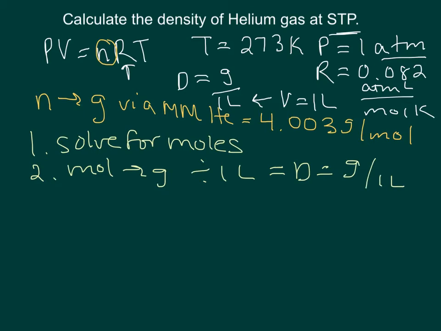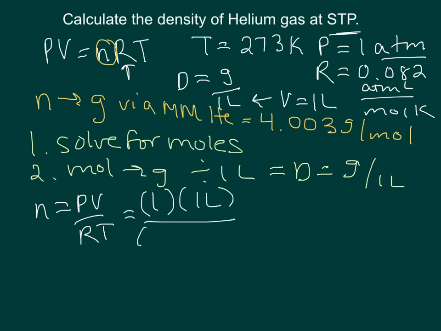So my equation for moles is PV over RT. I plug in my values of 1 atmosphere times my 1 liter divided by 0.082 times my standard temperature of 273 Kelvin, and you would have units cancel. And that gives me a number of moles of